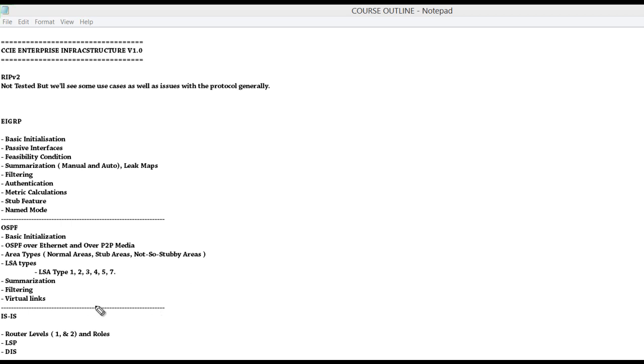We talk about redistribution, the basic things that happen with routing protocol redistribution. Basically, this will be redistribution between these routing protocols. We talk about single point redistribution, multipoint redistribution, and what are the issues that can come up with redistribution. We also talk about